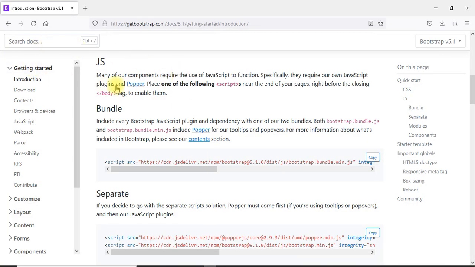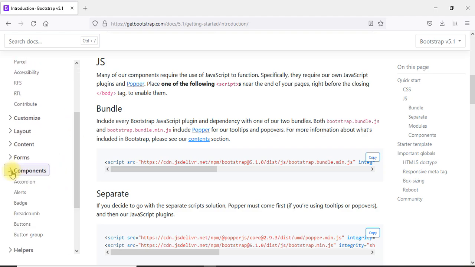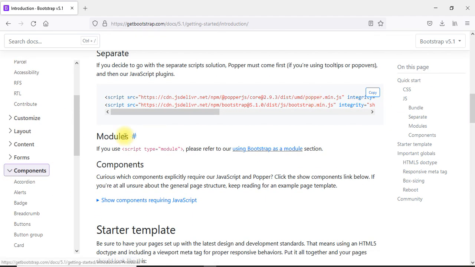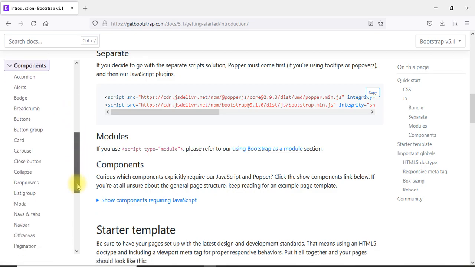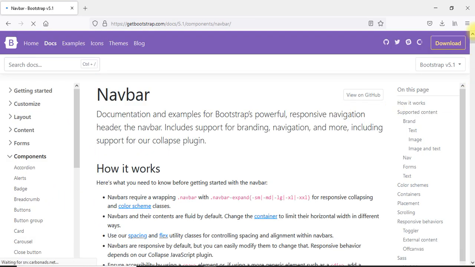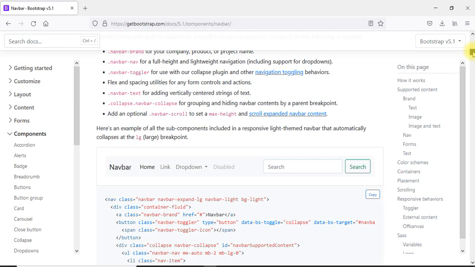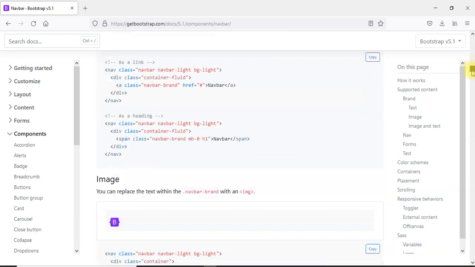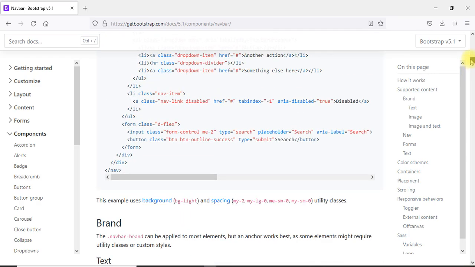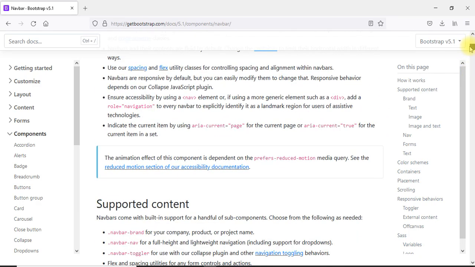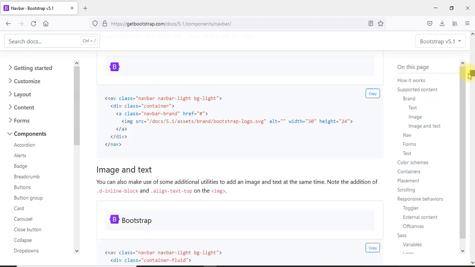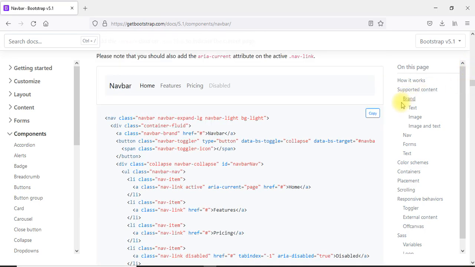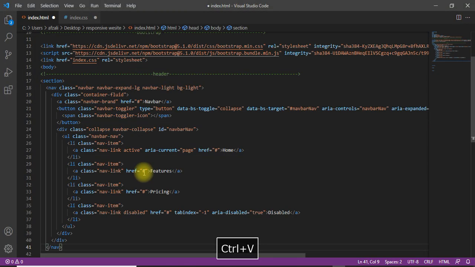So come back again to components, scrolling down. Now here is the navbar. It's totally up to you what type of style you want to apply on the navigation. I'm selecting, scrolling down like that, I copy it from here and then go back to our VS Code and simply paste it.